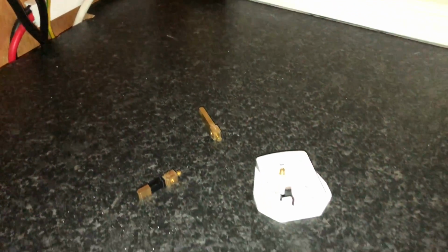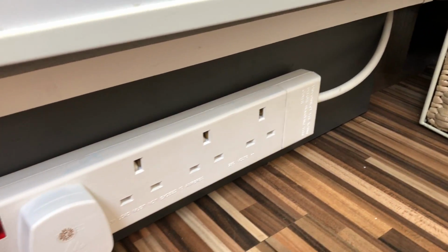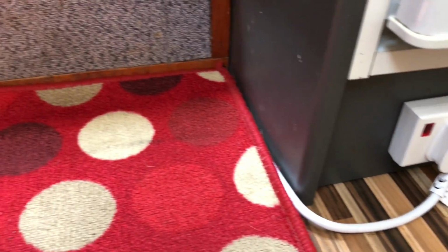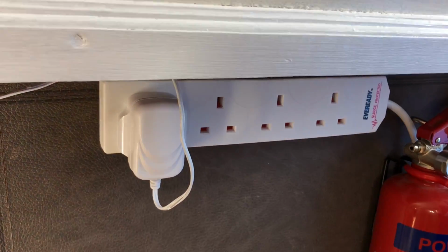So I ran an extension cable underneath the counter here, and reattached the plug. So basically this is the layout now. Beneath the fridge we've got 4 outlets there coming from the inverter. Wire runs underneath the step and then up here onto the wall, where again I've got 4 outlets, one of which controls the lights, which are all solidly held in place now,